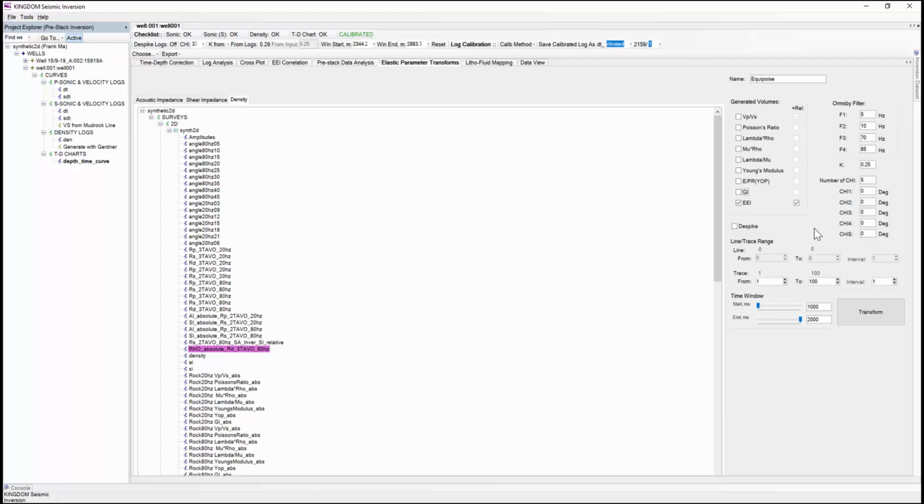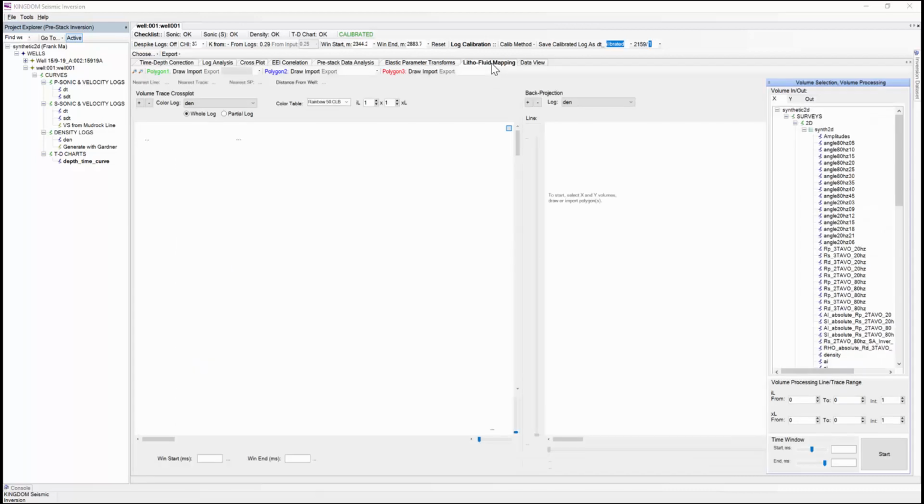So with all of that noted and with those volumes created, what we'll now do is move on to our litho fluid mapping. Now, on our litho fluid mapping tab, what we have to do first of all is select our volume in. So on here, we're going to select our AI absolute and select our acoustic impedance. And we can then plot that on the y-axis of the graph here that we're going to make